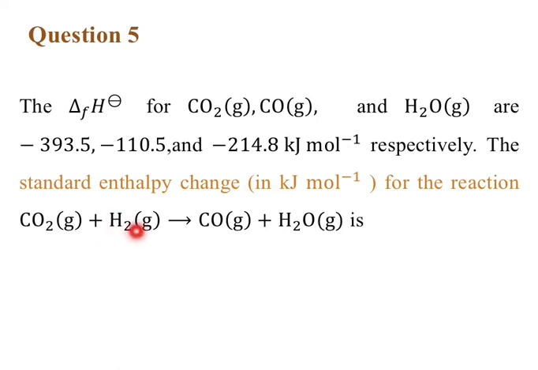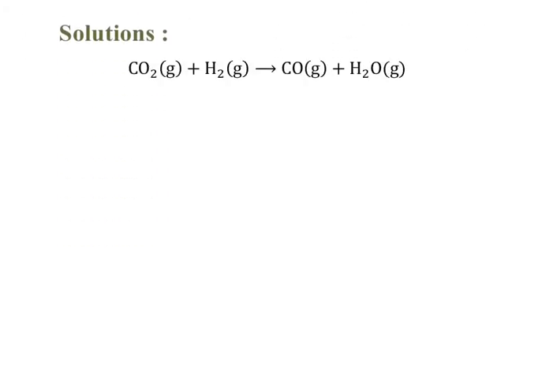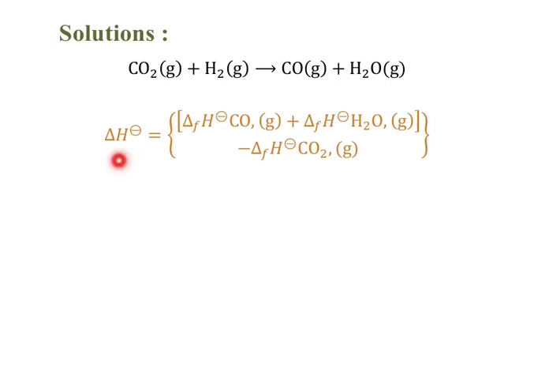We know the formula: except for bond energy, the total enthalpy of reaction is equal to products minus reactants. Nothing else, just products minus reactants. The options are there. This is the equation. On the product side we have the formation of CO and H2O. On the reactant side we have the formation of CO2. So the formula is del H, the total reaction enthalpy, equals products minus reactants. In the product we have the formation of CO and the formation of H2O. On the reactant side we have CO2 formation. The formation of H2 is 0, because it is in the elemental state.